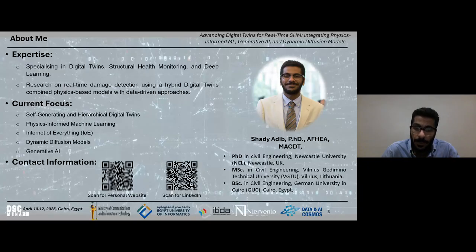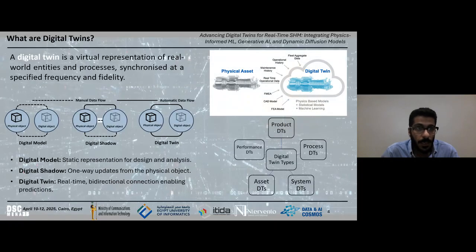And we are working on using generative AI to create synthetic data, which helps enhance the efficiency of the developed hybrid model. Before my PhD, I completed my master's in Lithuania, focusing on structural analysis of high-strength steel cold-formed tubular sections. And before that, I completed my bachelor's in my home country at a German University.